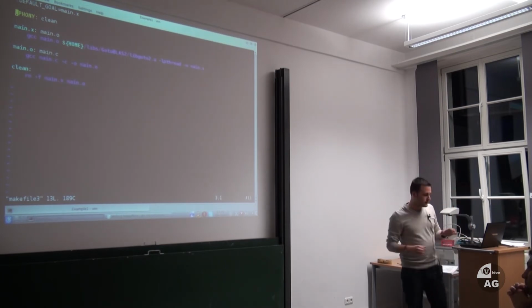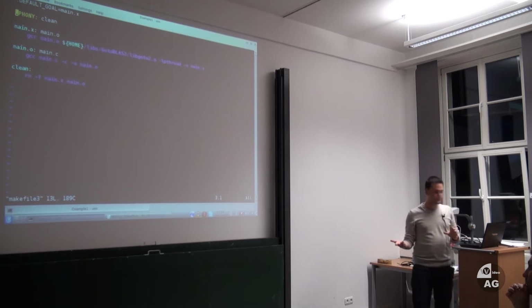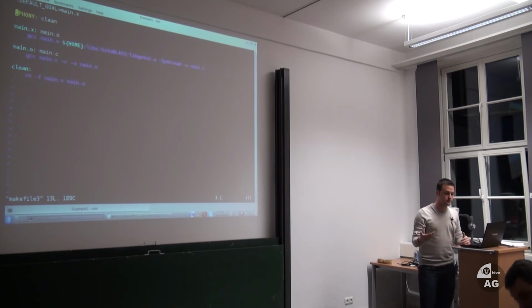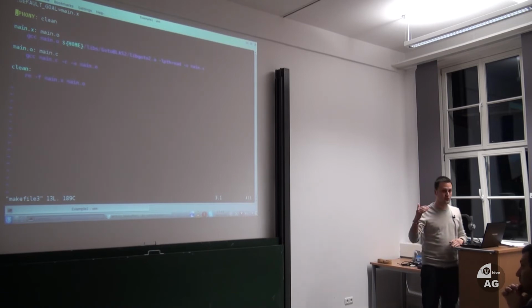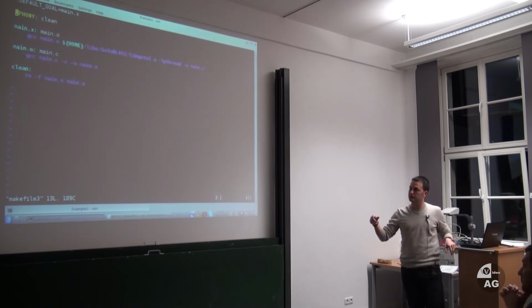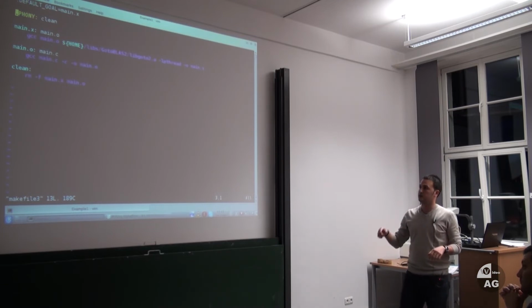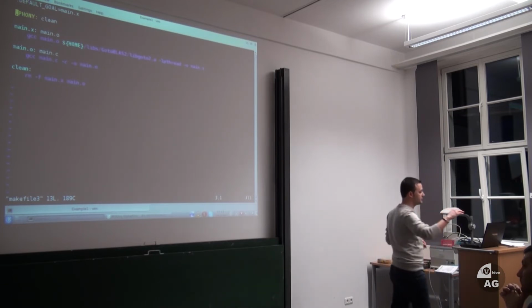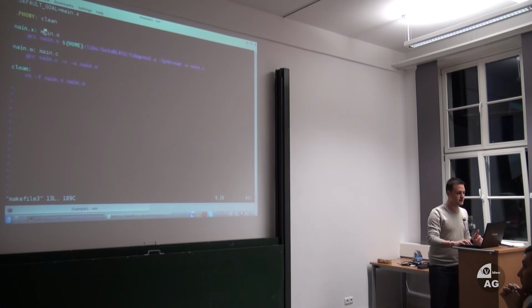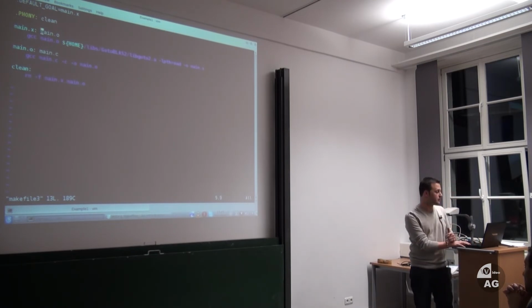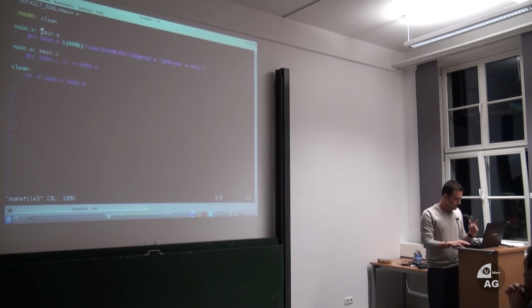Now, instead of getting the source code and generating the executable, we may want to generate first the object file and then link it to generate the executable. So when you have this sequence of rules, make works recursively. So it goes to main.x, which is the default goal, sees that there is a dependency, which is main.o, and then checks whether it has to do something with that rule. So it comes here, sees that there is a rule to build main.o,